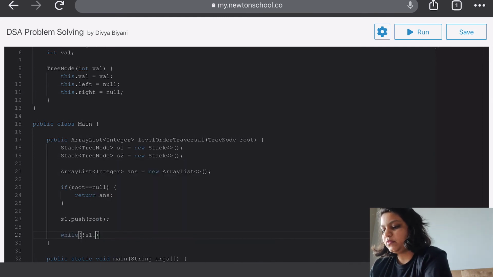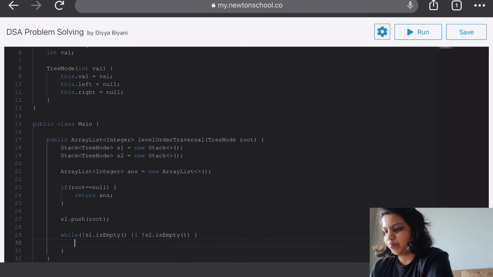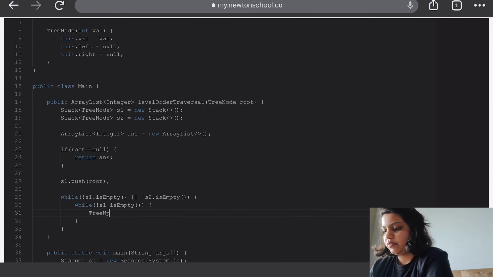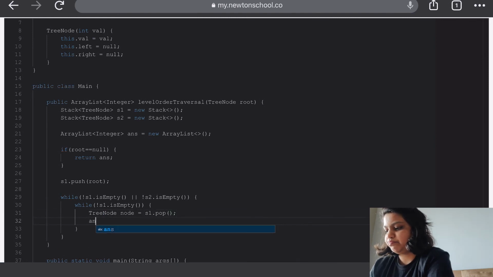Then we check if S1 is not empty or S2 is not empty. Then we check if S1 is not empty. We pop the last node and add the value of this node in our answer.